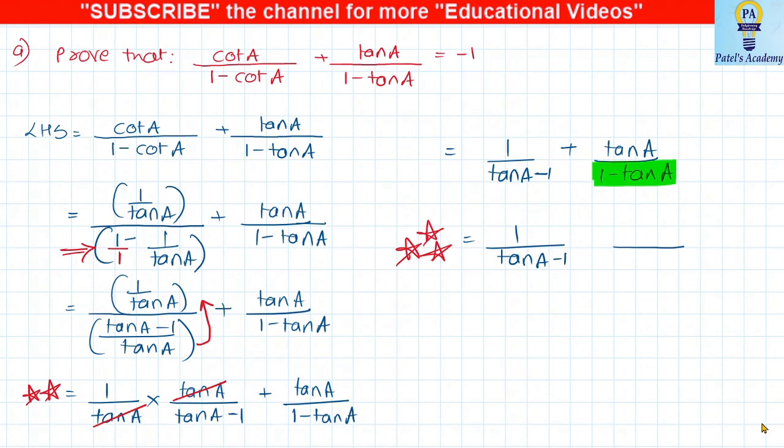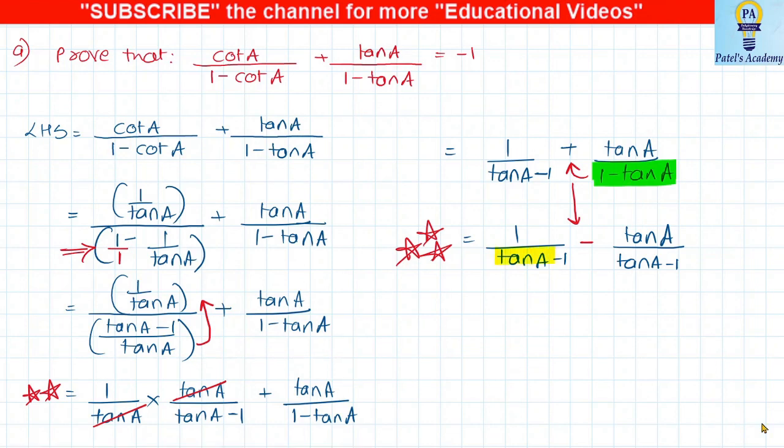Okay, now see what I'm doing. I'm doing 1 minus tan theta as tan theta minus 1, means tan A minus 1. Okay, and what I'm doing is I'm changing this sign. So actually what I did here, students, is nothing but I took minus sign common in the denominator. Okay, why I did that?